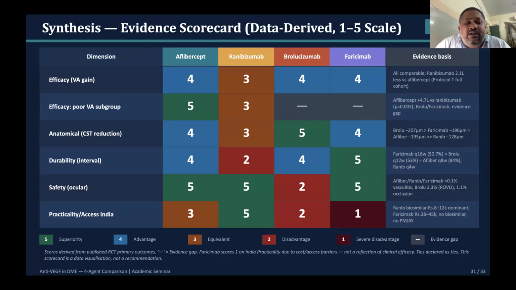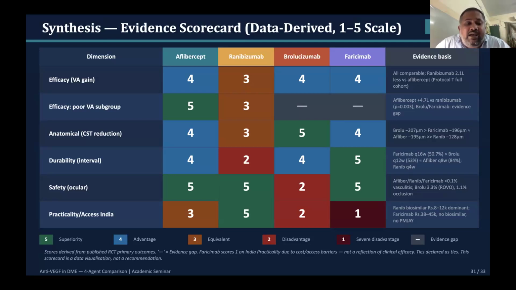In terms of anatomical CST reduction, again, all these higher end agents do very well. Aflibercept, faricimab, brolucizumab, as we know, in reducing IRF is the most robust, so it scores slightly higher. For durability, all agents are very comparable, but in long-term durability, due to the reduced injection burden, faricimab scores higher than both aflibercept and brolucizumab. On safety, brolucizumab scores even lower than the biosimilars, understandably so. All the others have exceptionally good